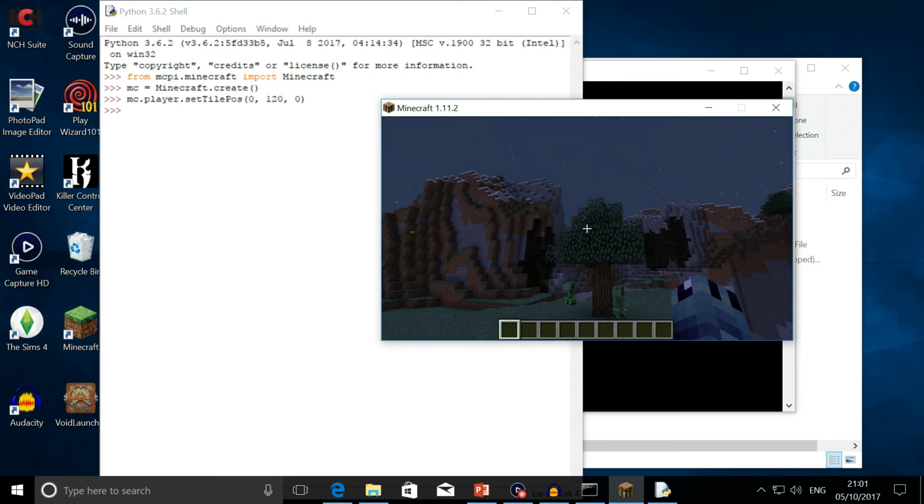So with Python you can do a lot of things, and here's one example. This was just the first and very small part of programming. We'll be carrying on to do better and new things. So this is the installation, everything to do with the starting up and getting used to Python, and just getting yourself ready for what's to come in future videos, and how we can create buildings just by programming and place blocks everywhere, create command blocks for example, and do a lot of other things in Minecraft